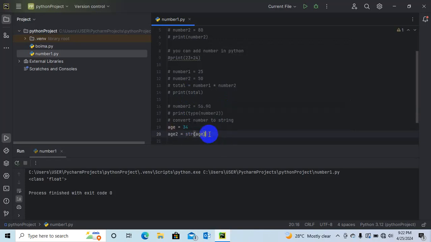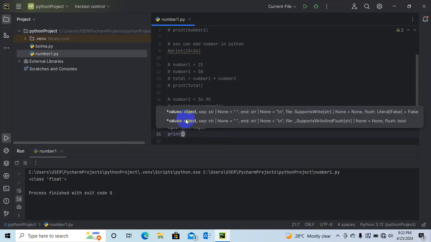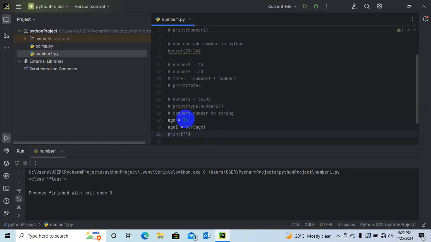If we want to print this now, we put print. Then we put our inverted commas and say my age is, with a plus sign.